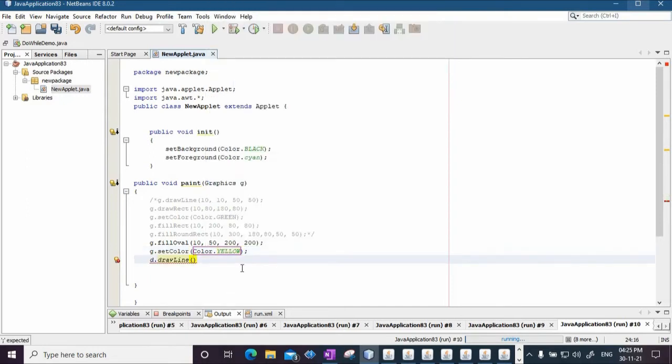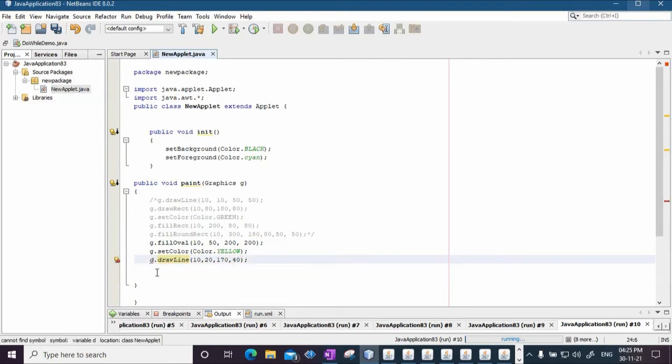And then I say draw line, and the first point that I will specify is say 10, 20, and the second point is say 170, 40.